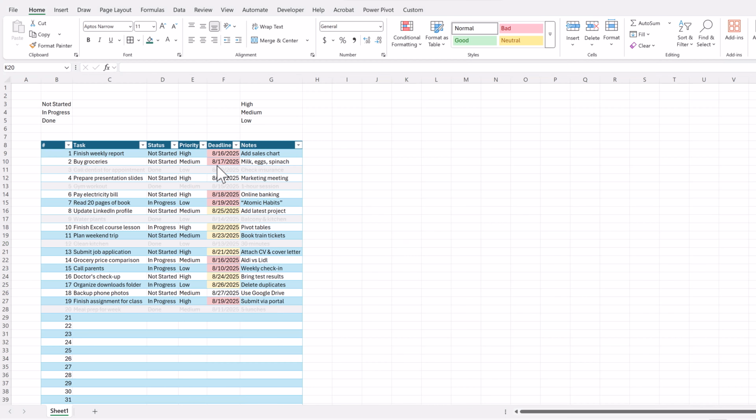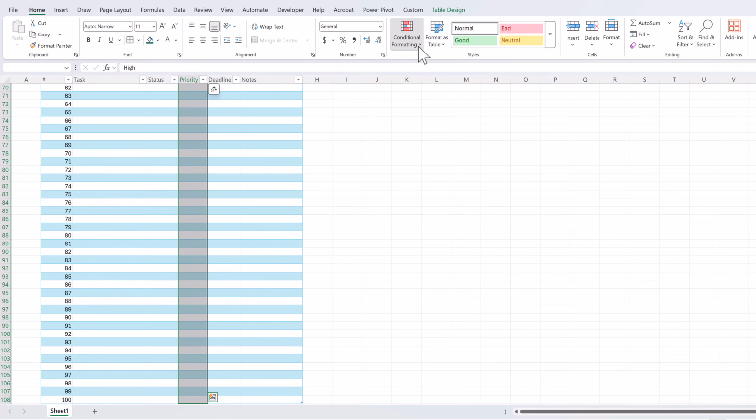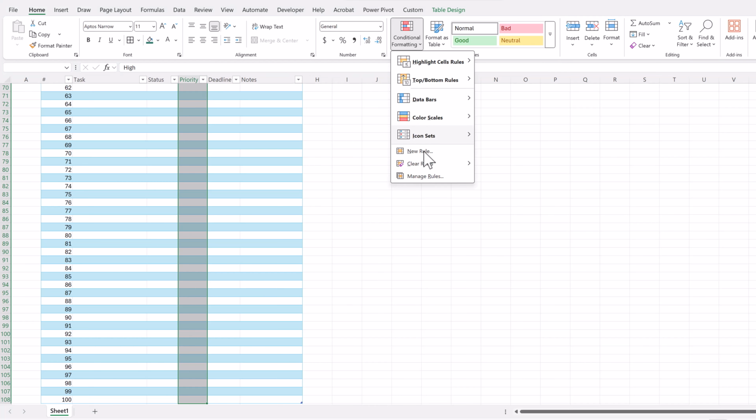finally, the priority column gets color-coded, high in red, medium in yellow, and low in green. This way, you can see the most urgent tasks at a glance. So now we go inside this priority column, Control-Shift-Arrow down twice, and then I go into conditional formatting, new rule,